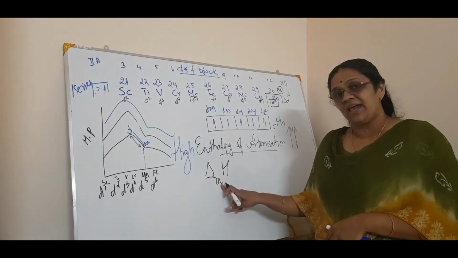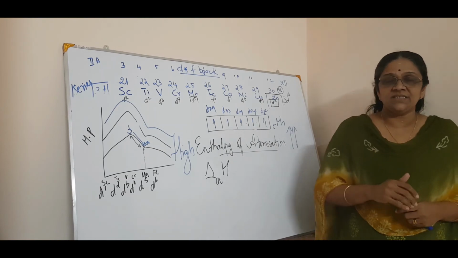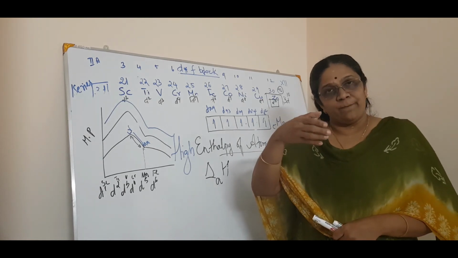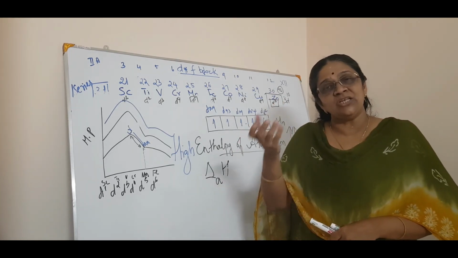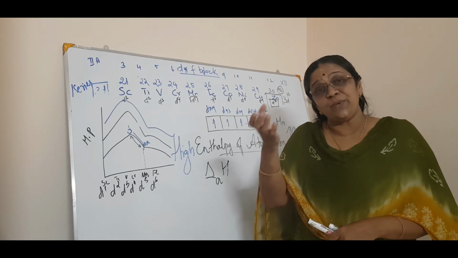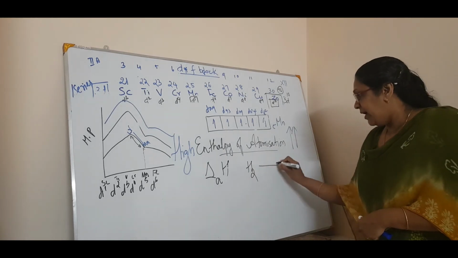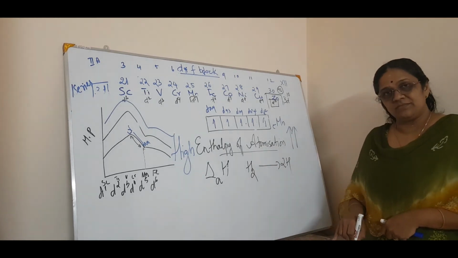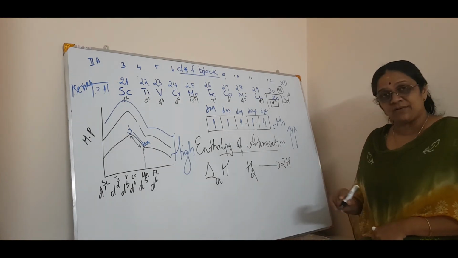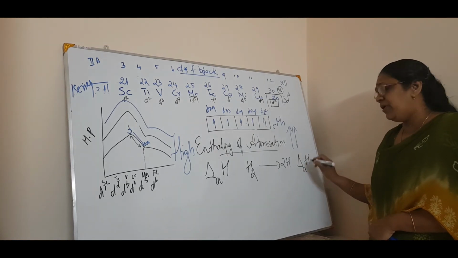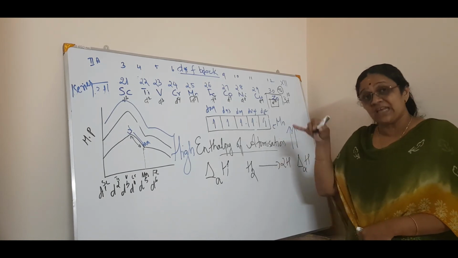What is delta HA? Enthalpy of atomization. Its pure definition is the energy required to break 1 mole of a substance, a molecule or an atom, into its constituent atoms. For example, H2 is a molecule. If it is converted into 2H, the hydrogen molecule is converted into atoms. So you can call that the enthalpy of atomization. It is something kilojoule per mole. It is endothermic because we are giving heat.